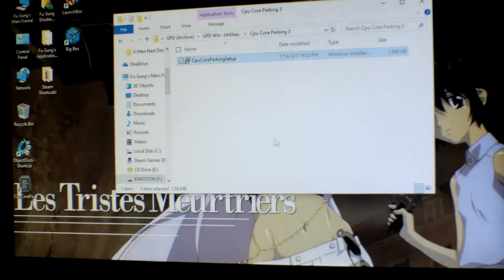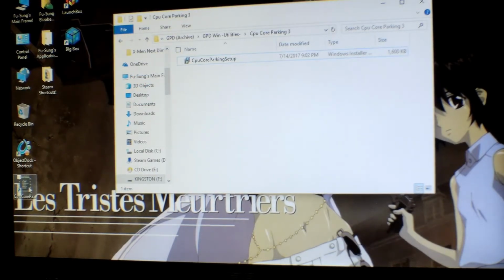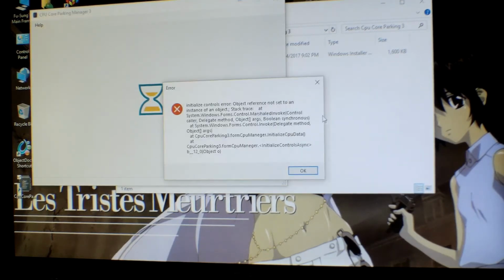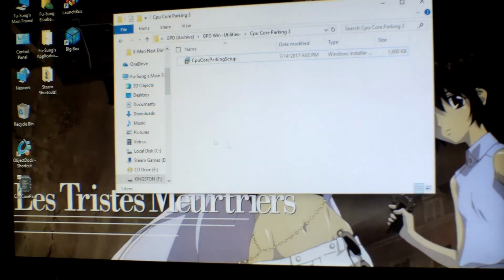So let's see, here it is. I'm going to try to reload this again. So it shows you right here, CPU core parking management. Object reference is not set to an instance of object trace at system windows from control. Okay, I am not sure what that means, but for the purpose of being efficient with this video, I'm going